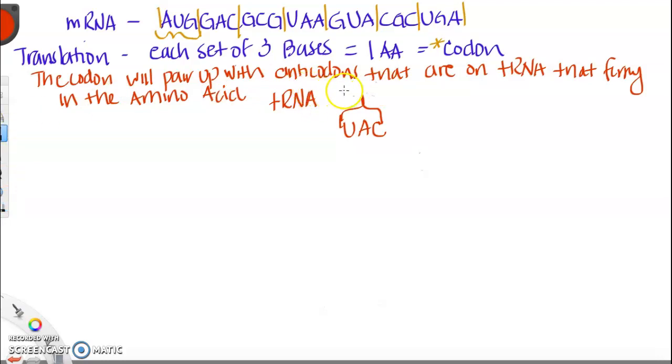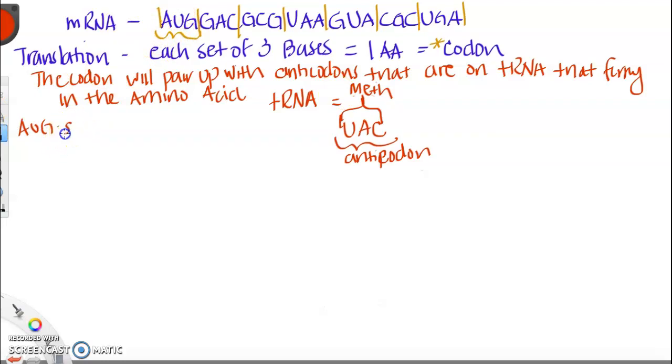And it's holding methionine. Okay, so the tRNA ferries in methionine, and its anticodon is UAC. Okay, so AUG, this codon up here,